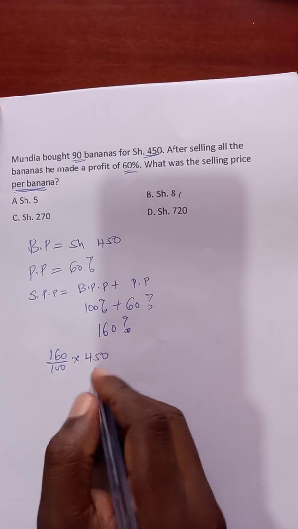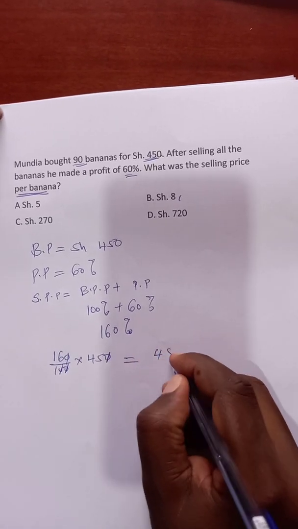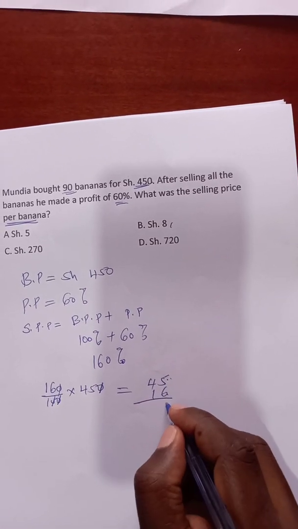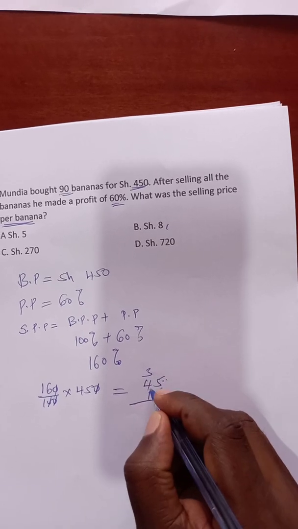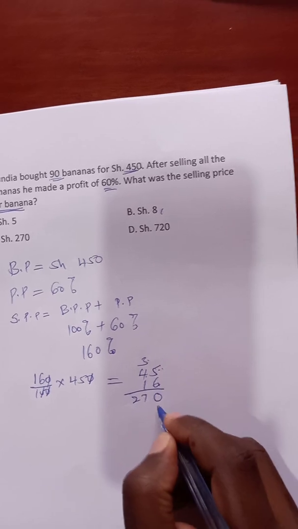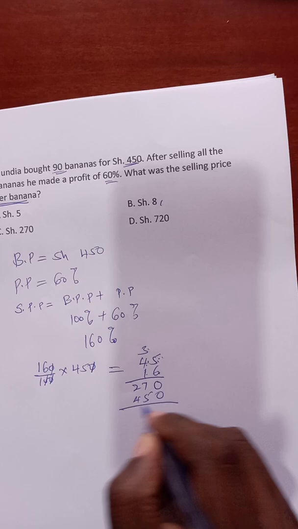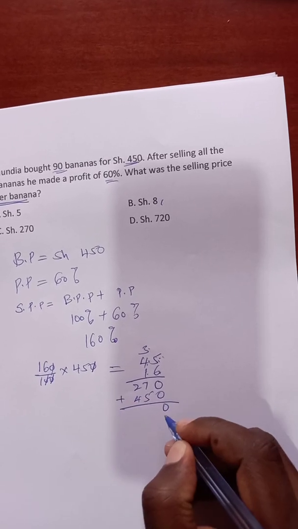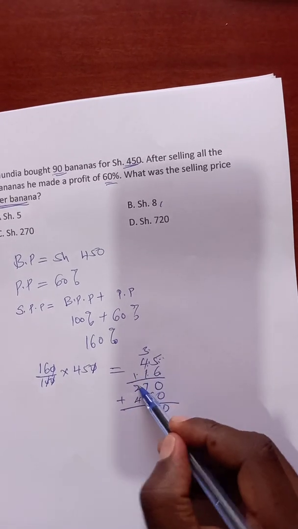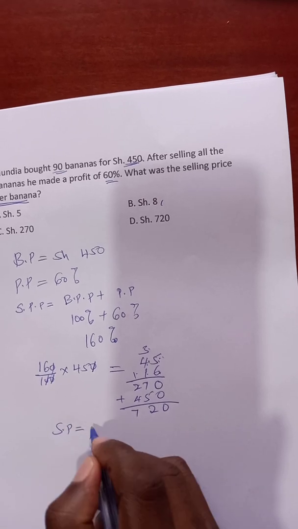We cancel where possible by 0, by 0. You multiply 45 times 16. 5 times 5, 6 times 5, 30. You write 0 carry 3. 6 times 4, 24, plus 3, 27. You place 0 there. You multiply by 1, you get 5. You multiply by 1, you get 4. You add. 0 plus 0 is 0. 7 plus 5 is 12. You get 2. You write 2 carry 1. 1 plus 2, 3. 3 plus 4, 7. So the selling price of all bananas was